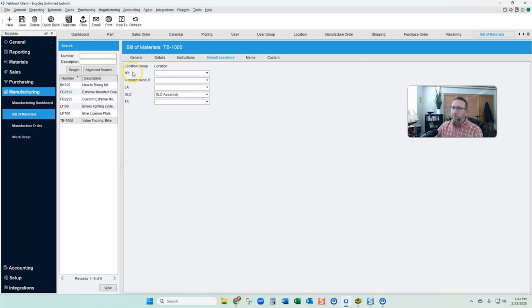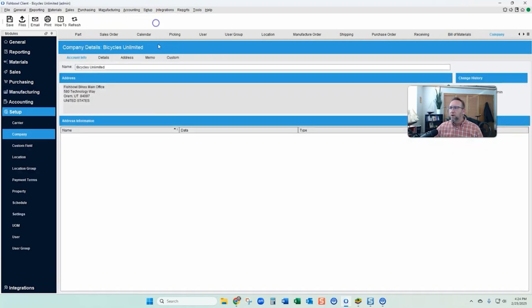Now you see also that Fishbowl does location group tracking, and in this particular example file we have a location group, which is basically a warehouse with an address, or it's a building with an address. Okay, that's a location group in Fishbowl. So we've got a building in New York, we've got a building in LA, we've got a building in Salt Lake City, one in Texas, and we'll talk about consignment in a little while. But so you can have multiple buildings, multiple